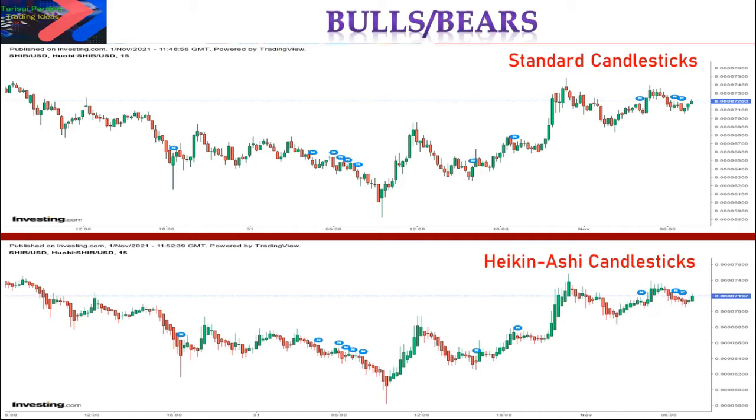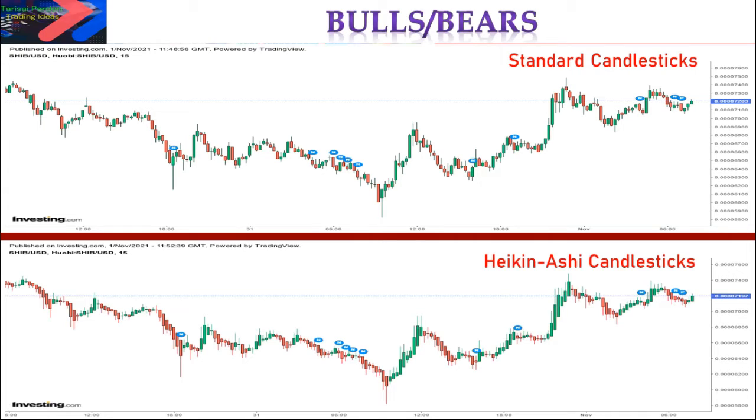Now let's look at the charts that are going to show us how Heikin Ashi candlesticks differ from the standard candlesticks. And on the top chart, which is this one, you would see that we have the standard candlesticks, but on the bottom we have Heikin Ashi candlesticks. Here the charts are for cryptocurrencies, which is the SHIB